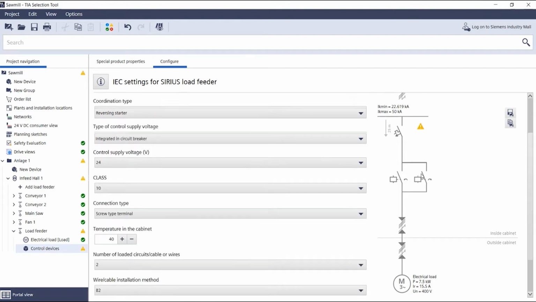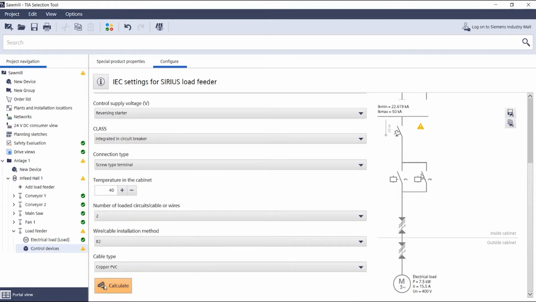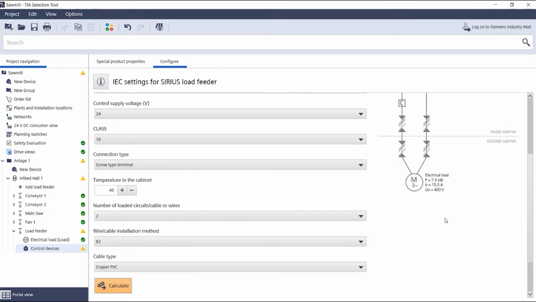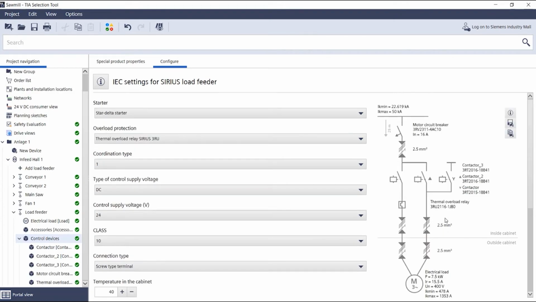Now, as soon as you click the Calculate button, this information is filled with the calculation result of the load feeder configurator. Now you also see the complete view of the single-line diagram. On the one hand, you will receive information about short-circuit currents, the maximum and minimum short-circuit current above the load, that is directly at the main switch,